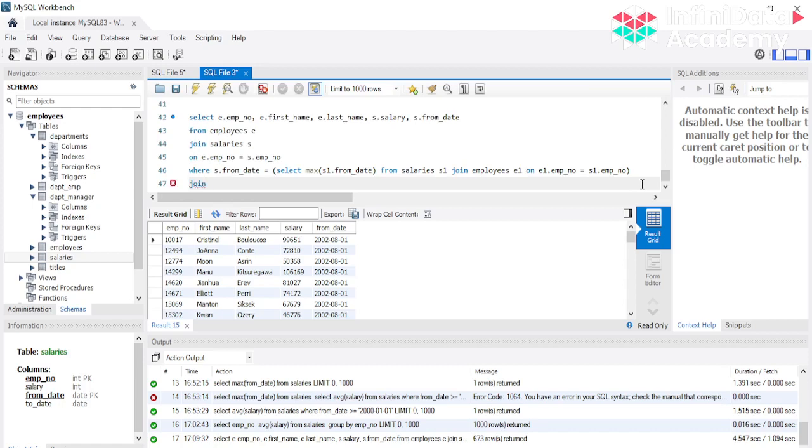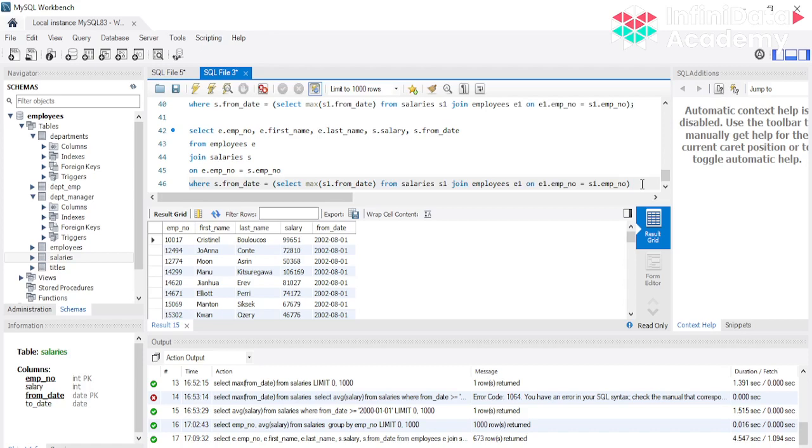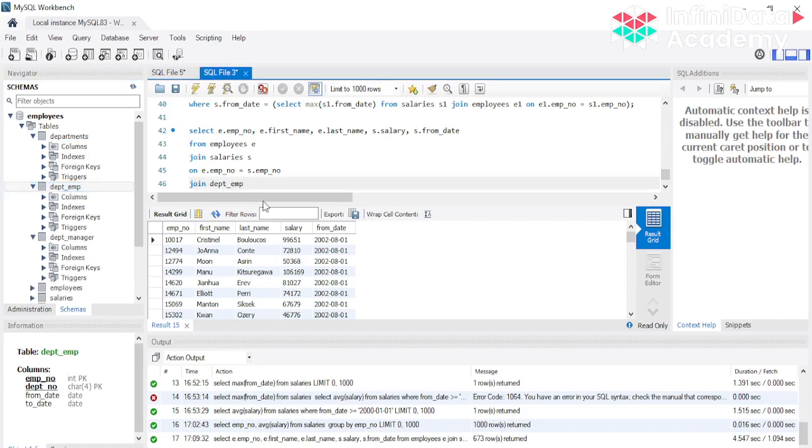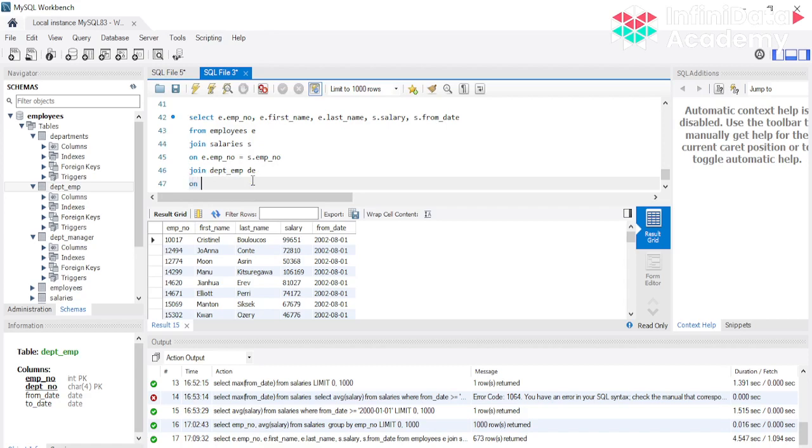On top of that we are going to do a join. Sorry, you can do a join after this join, and we are going to join it with your departments table. Departments has your department number and department name, and department employee. So we are going to join it with your department employee table. Let's make it DE, and we are going to join it on, again, the employee number, which seems to be the primary key in almost all the tables, and E dot employee number.